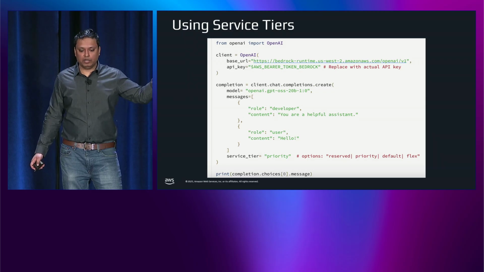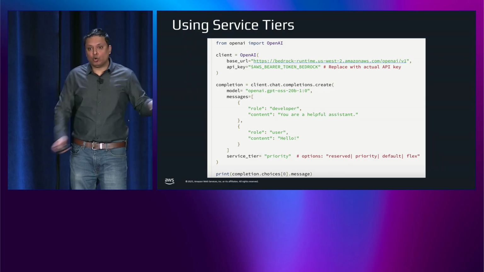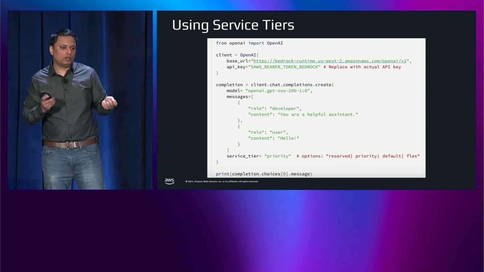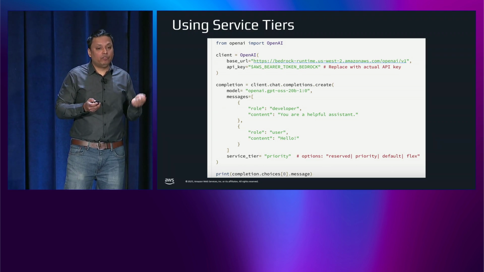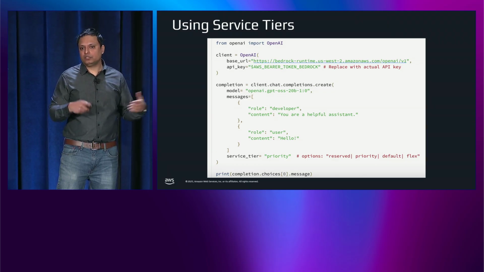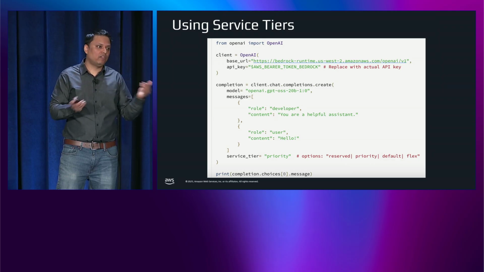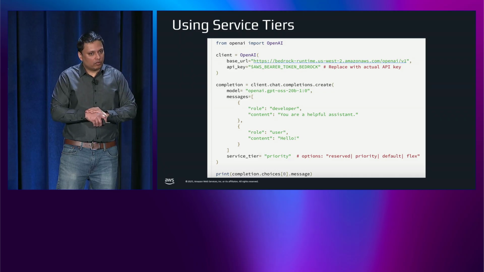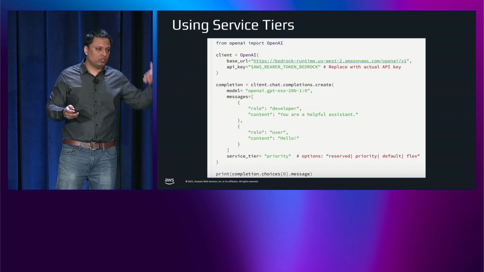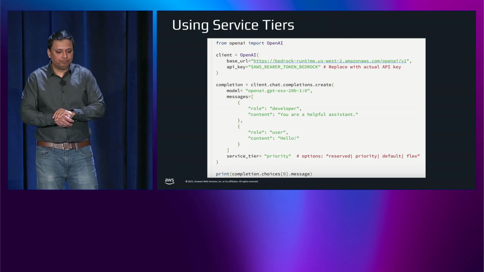So here it is priority, but it could be reserved or default or flex. So all of the service tiers are easily swappable in your inference request on a request level. It doesn't require a lot of coding change. It's just a parameter, and you change the value of it, right? So it's very flexible that way. You can actually decide to use the right service tier as it serves you in real time, right? If something happens, if you're seeing high latencies, you just go with priority.